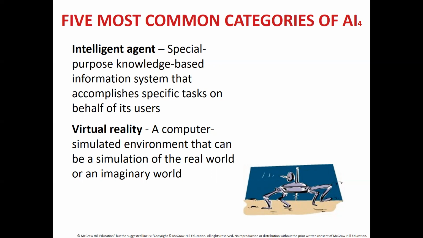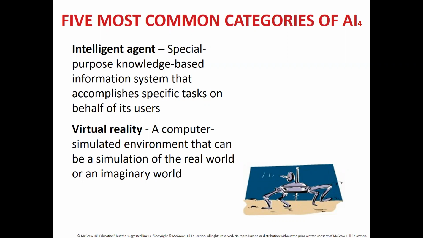Also, it can learn types of competitor information. Moreover, it will track what the users want and how you should achieve it. It continuously scans the web and alerts the users when a significant event occurs. So that is what intelligent agents do. And then you have virtual reality. Now, virtual reality is an example or a type of intelligent agent.